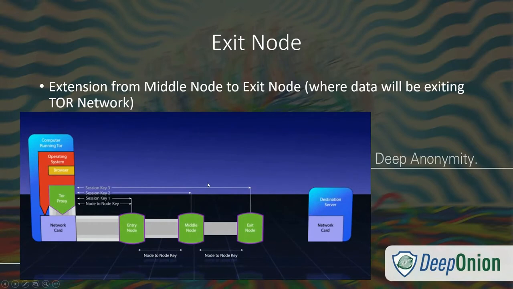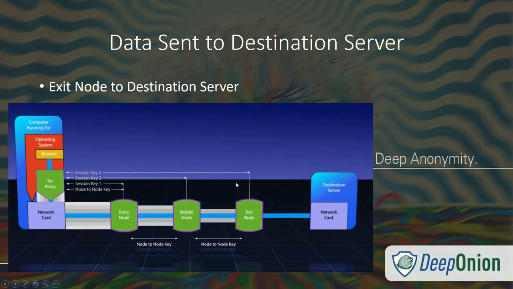Now the network continues to extend, where the middle node will find something called an exit node. The exit node is where your data will be exiting the Tor secure network. It will generate a key 3 and a session 3 between your computer and the exit node. All the data transporting between them will be encrypted and it will be completely secure. Now, the exit node will send a request to the destination